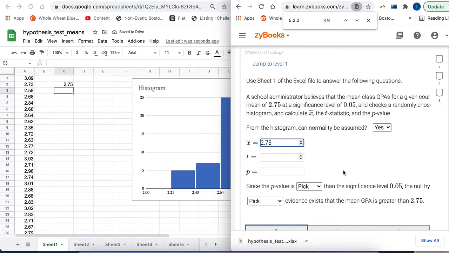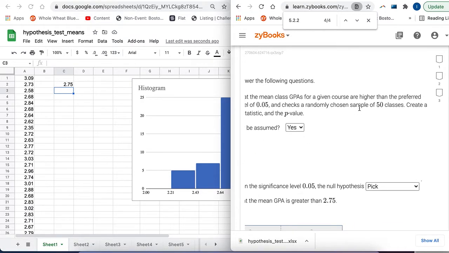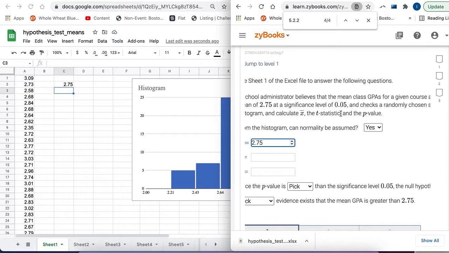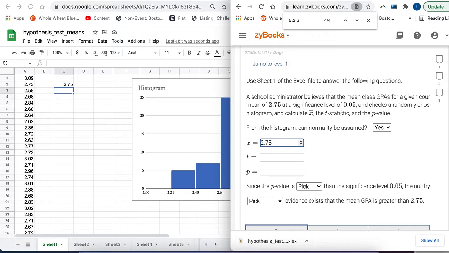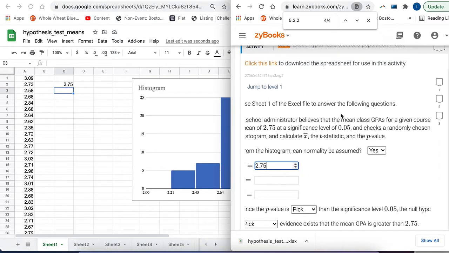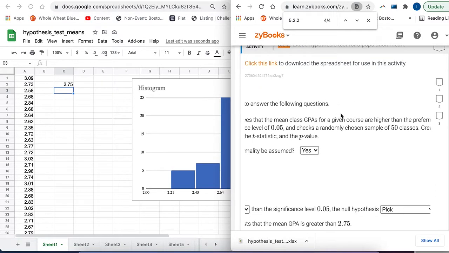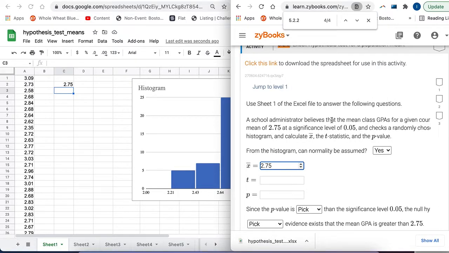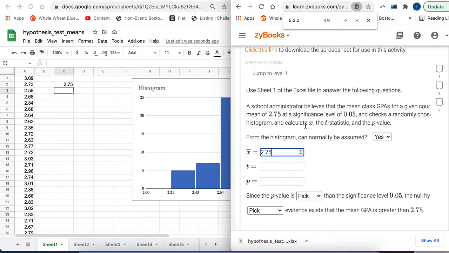Now they're asking for a t-value. T-value depends on your hypothesis statement. So if you read through this, they're saying there's a GPA. They've got 50 random people, 50 data points, I should say. Mean of 2.75. Higher than the preferred mean of 2.75. Well, we got 2.75 for a sample mean. I don't know if that's a weird coincidence or if that's what they want from this problem, but our sample